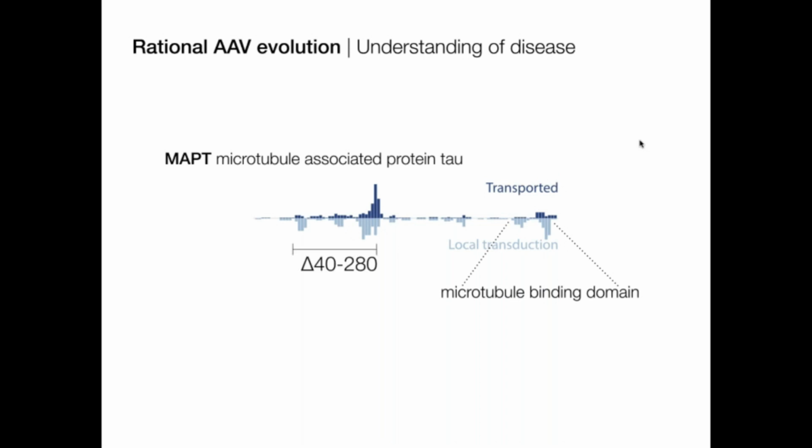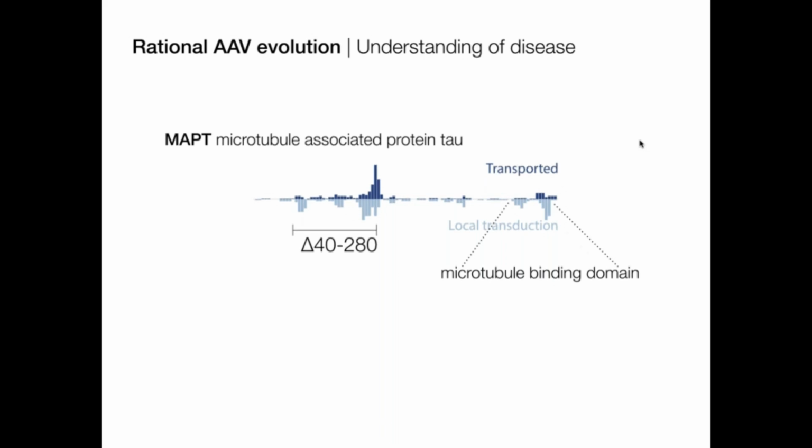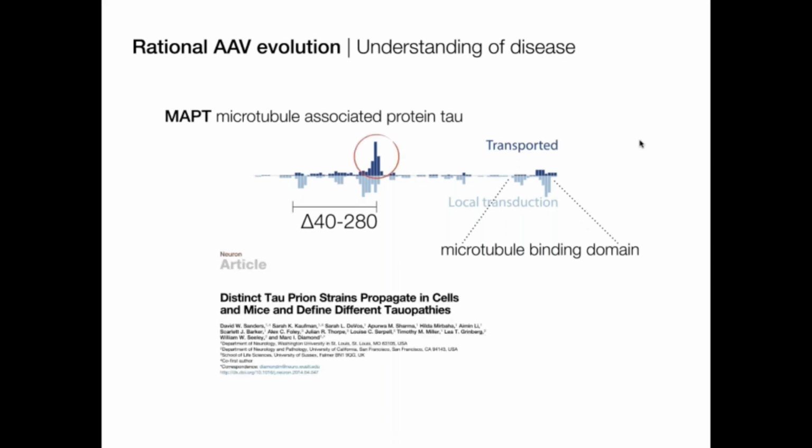But if we pick a peptide from a different region of this protein and put that on the surface of an AAV2 capsid, we get an increase in transport and a new function. And this has previously been shown in publications that